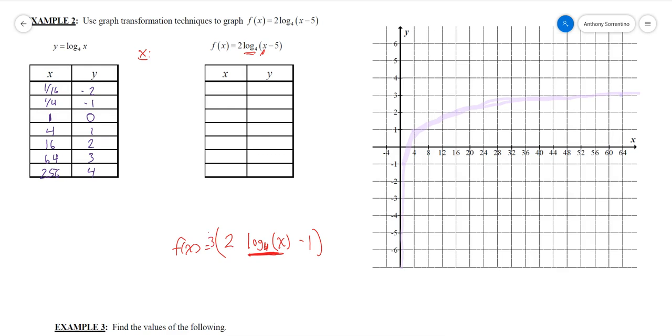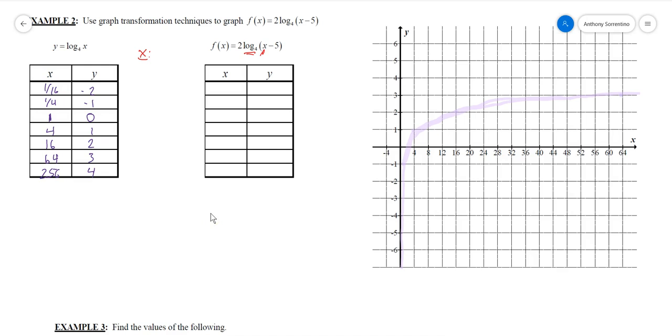Sometimes they'll even put a number out here and say it's still the same thing. Those are still vertical transformations. I would just have to distribute this to get rid of the parentheses. The only little parenthesis I'm concerned about here is this one. That's technically around the x, and sometimes they won't even put that around the x. They'll have those gone, trying to trip you up and making you think a vertical transformation is a horizontal transformation, and sometimes vice versa. But getting back to the question at hand,